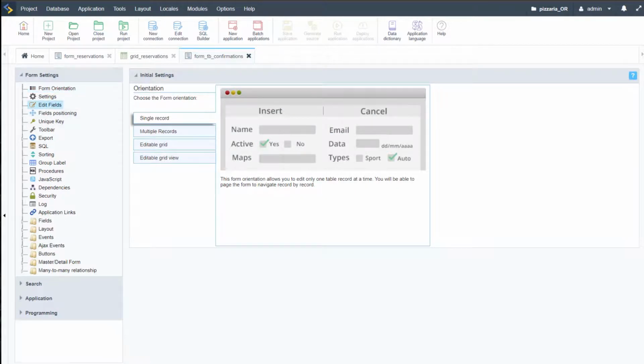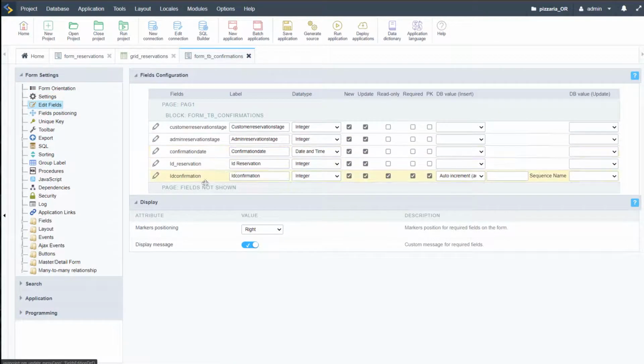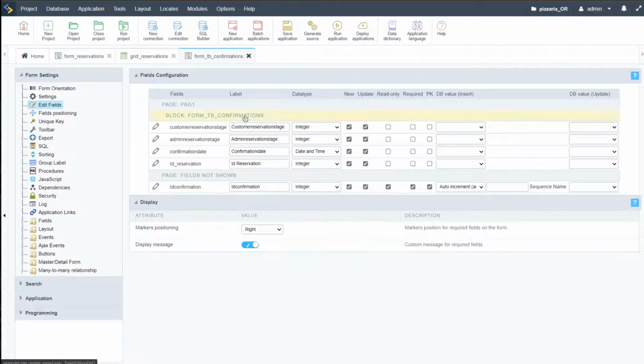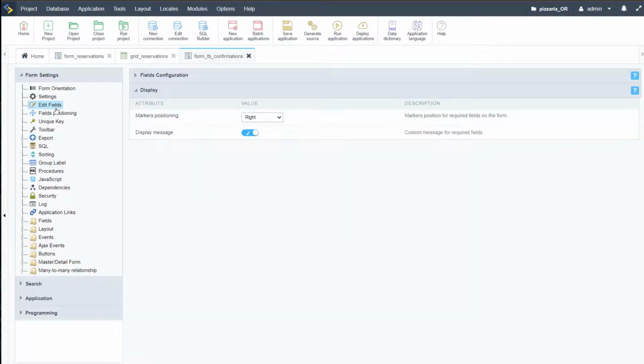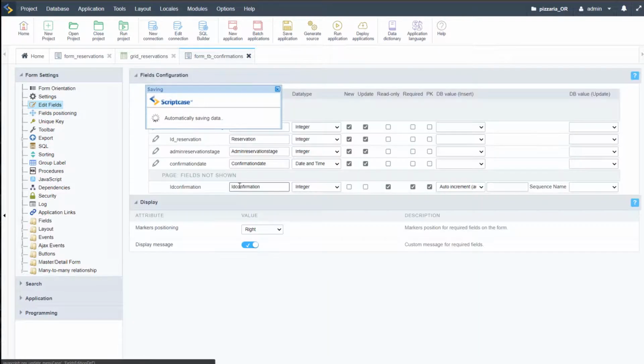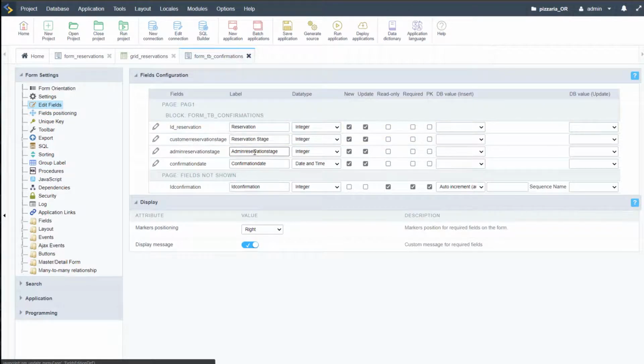Okay, and then here we can then edit the fields, and here hide the ID confirmation. We want here the reservation first. Let's move that to the top here. We have then the stage, reservation stage. And then we also have, ouch, sorry about that. So just save the reservation to the top, reservation stage. And here the admin stage. Okay, so I will remove the reservation here, admin stage, and the confirmation date. Okay, so if I save that,